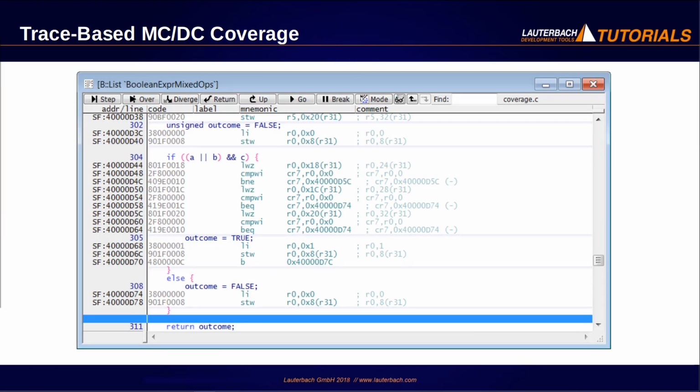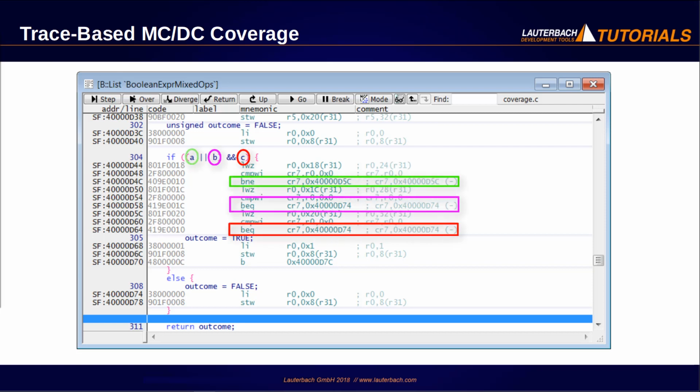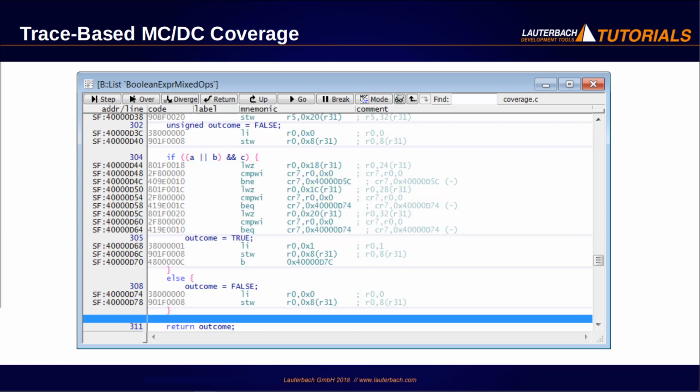In order to clearly identify the outcome of a condition at object code level in the trace recording, it is required that each condition in the source code is represented at object code level by a conditional jump or by a conditional instruction and not by an arithmetic representation of the condition. Thus, it must be ensured that the compiler generates the object code in such a way that it fits this requirement, for example, by disabling optimizations.